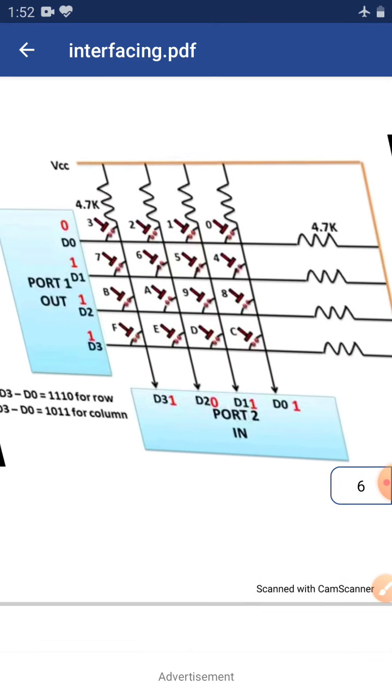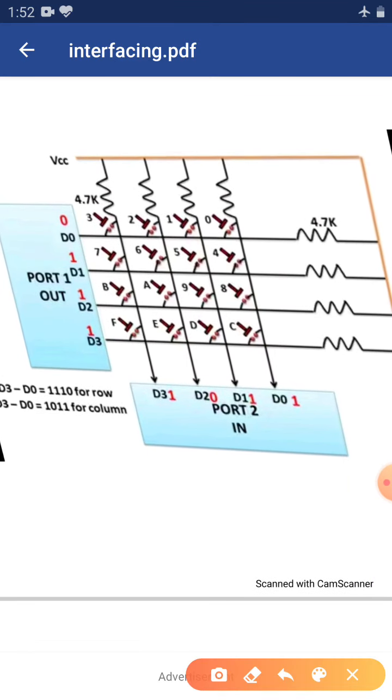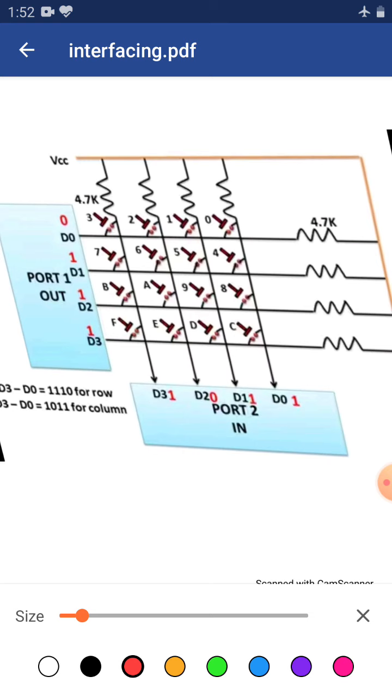Now, in this figure you can see, let me take the brush again. This is port 2 as an input port and this is the output port, port 1, where you are going to display.